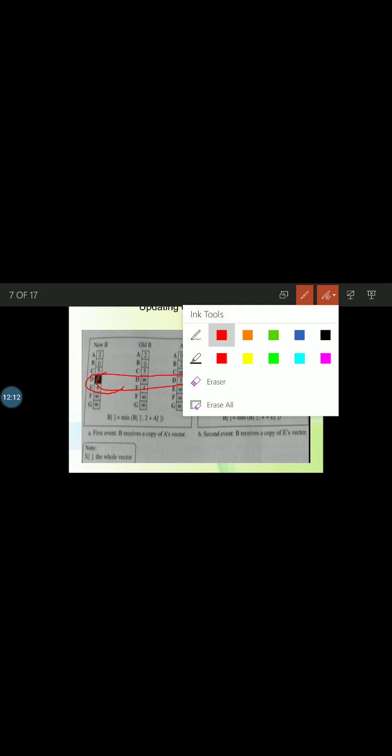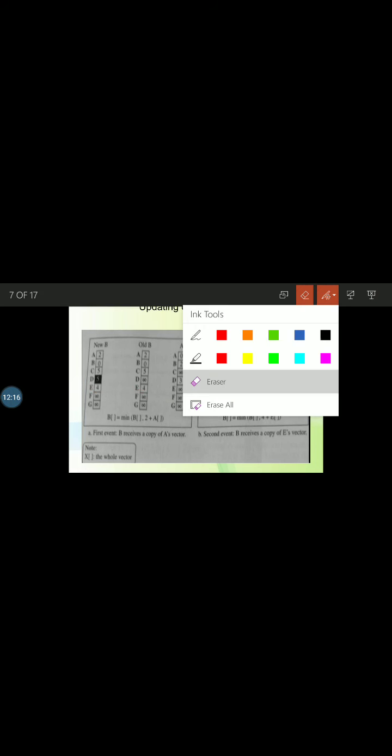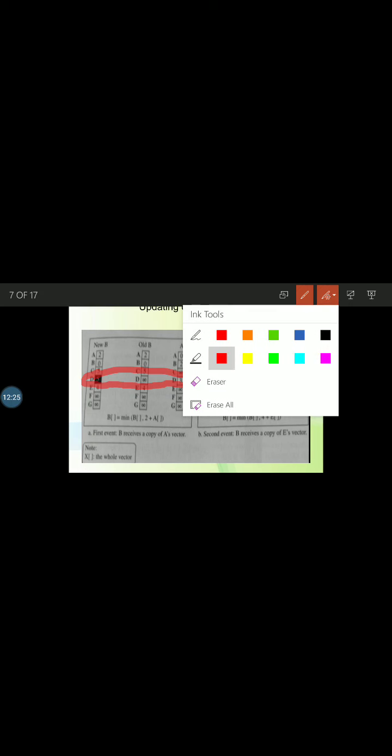So you can see here, no? Here you can see which has got changed.